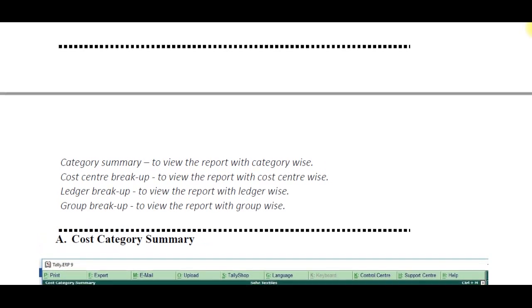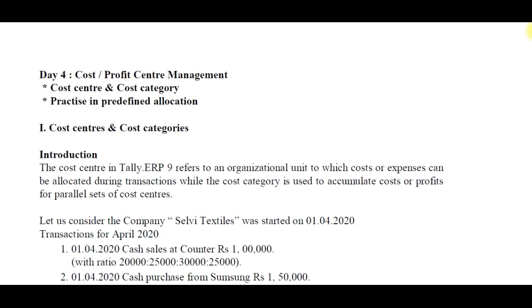with basic concepts also. First of all, we discuss the cost center, cost category. Do you know the cost center, cost category? Yes, the cost center is the organizational split up or organizational division or organizational departmental based reports.